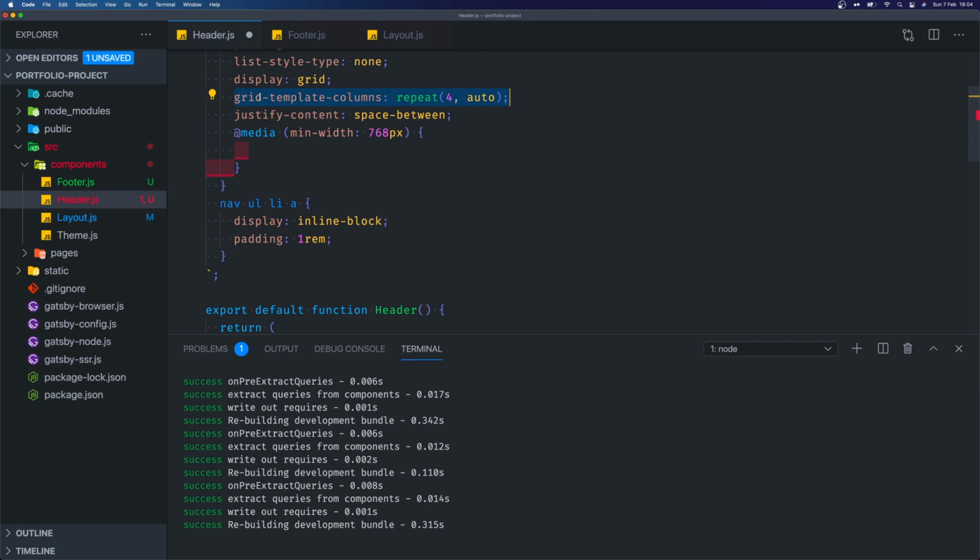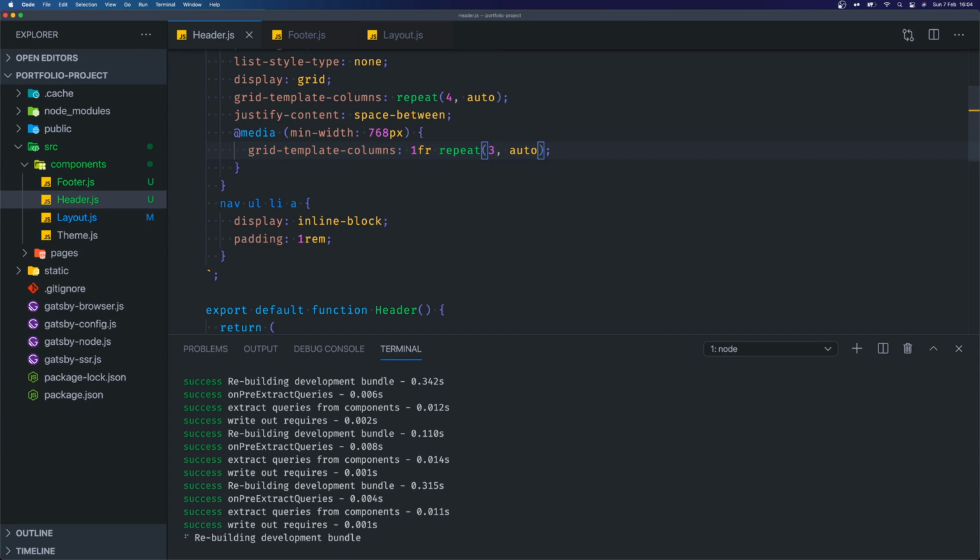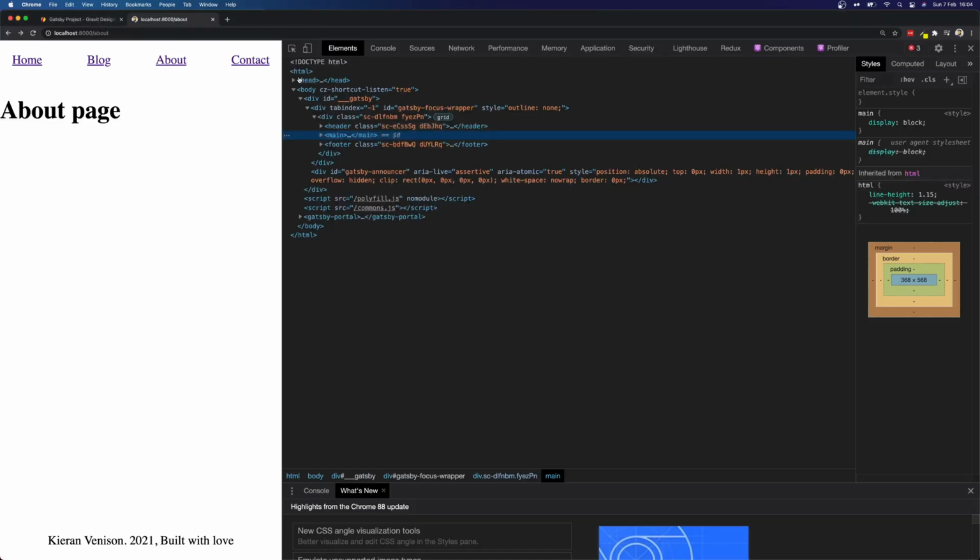So we're going to change our grid up. So let's copy that grid template columns. And instead of repeating 4, actually no, we'll change the header first. So we want the first li to take up 1 fractional unit. And then the last 3 components, we want to take up their own width. So if you write that in, go back